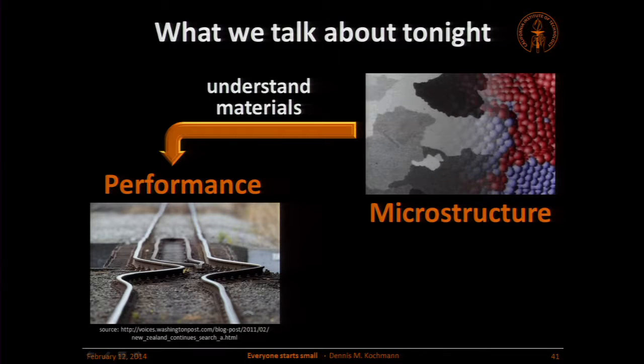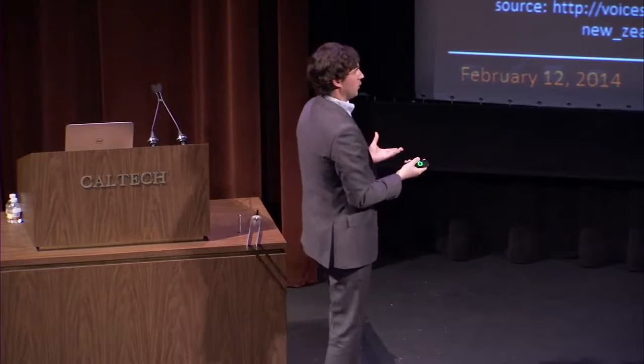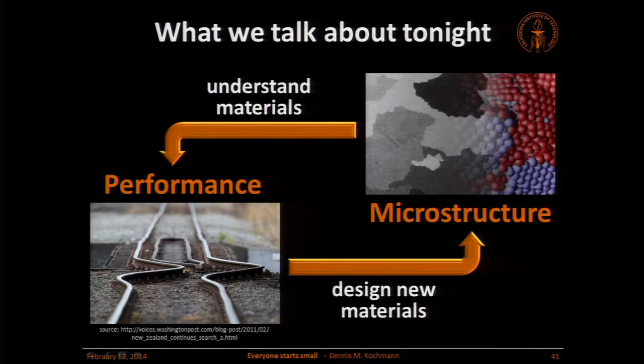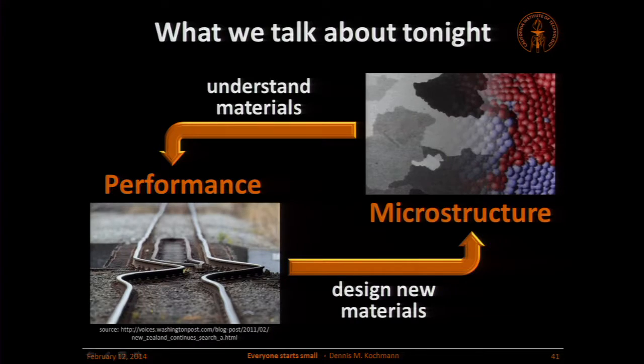And so what I've tried to tell you so far is how we can go from microstructure to macroscopic properties. We talked about the crystal structure being responsible for the elastic behavior and their interactions. We talked about why they're heavy, why they're so bad at damping because of the crystal structure. We talked about defects and how these defects nucleate, form, and interact when you keep loading, when you get permanent deformation. This is where the defects become important. We already talked briefly about two ways to design materials, namely by changing the grain size or alloying, putting new particles as obstacles to dislocations into the metal. These are traditional ways. What I want to talk about now is design of new materials.